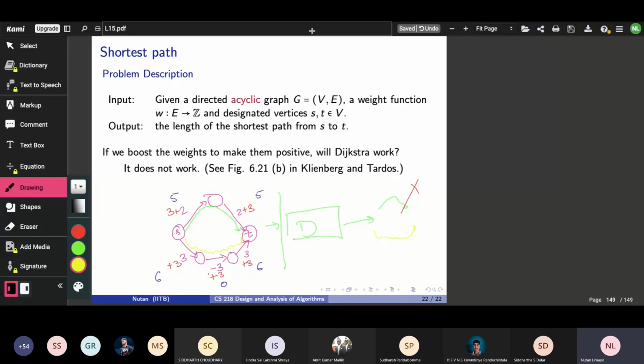Okay, so what we've convinced ourselves of is, in any direct way, it does not look like Dijkstra's algorithm is going to be applicable. So then what? That's where we are going to use an algorithm called Bellman-Ford's algorithm. We will have a live interaction tomorrow, and we will go through the details of this algorithm tomorrow.